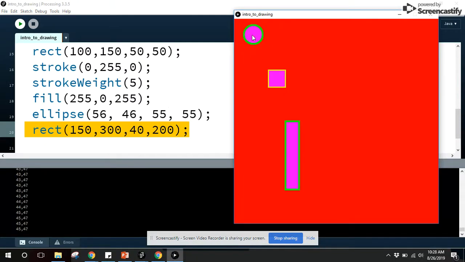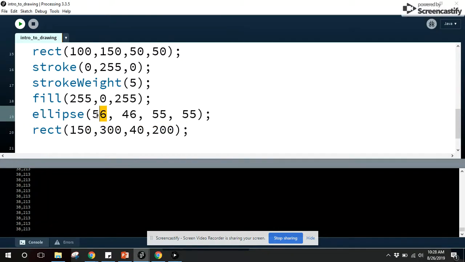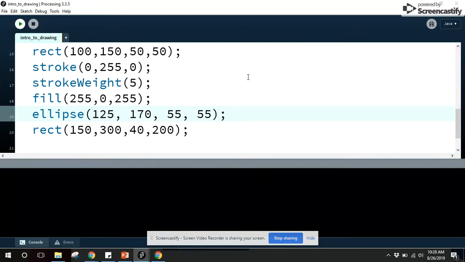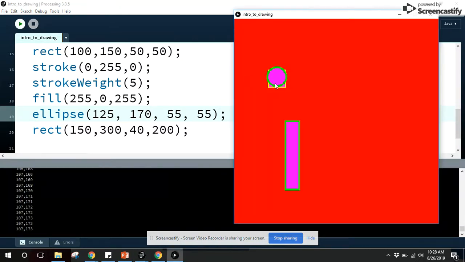So right here, the center point of this circle is 56, 46. Now, let's say I wanted to move the circle to be inside the square. I need to know the center point. Looks like 125, 170. So on my sketch, I want to change the center point to 125, 170 approximately, to be where my circle will be on top of my rectangle. Now, if I go ahead and do that, you'll notice that it is on top of